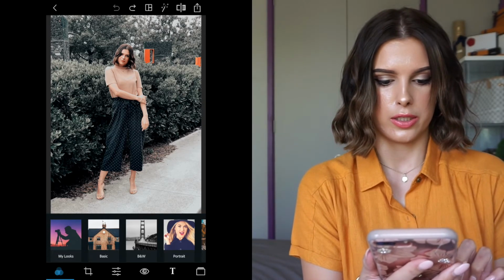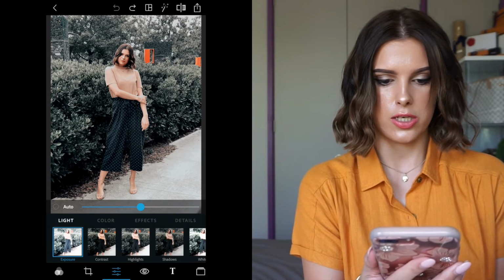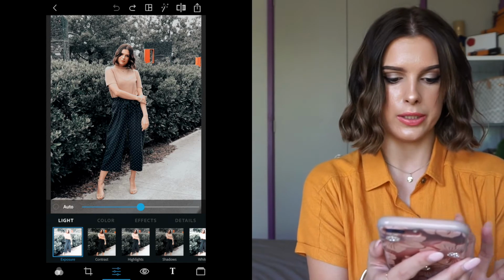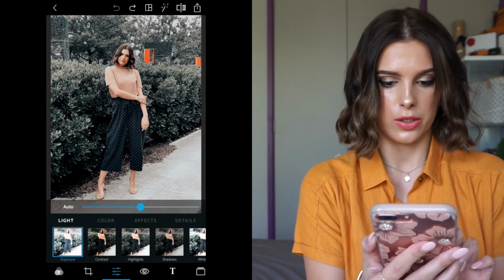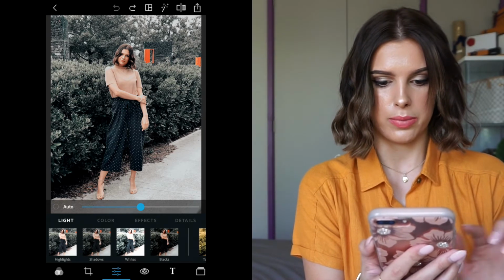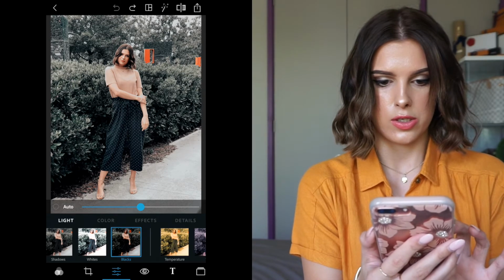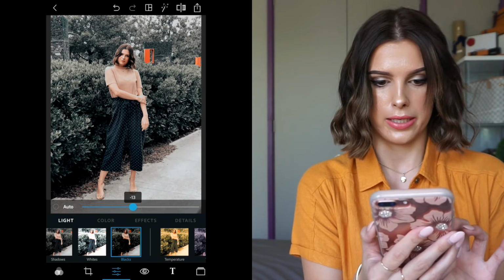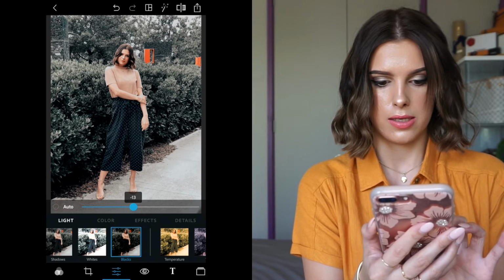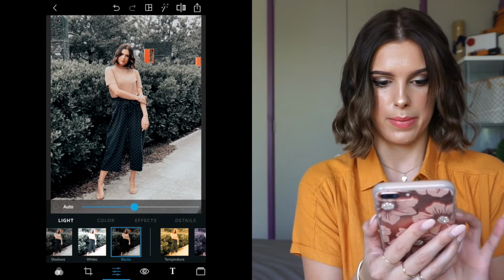And what I'm going to do is go to the adjustment section, or corrections, whatever you want to call it. And I'm actually going to go to blacks a little bit, and sometimes I do like to bring that down a little bit to bring out the darker colors. I'm going to put it at about 10,